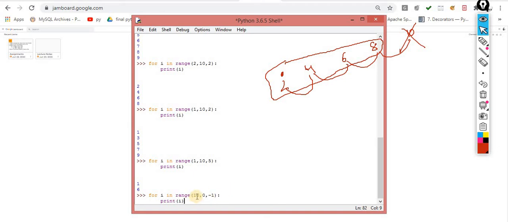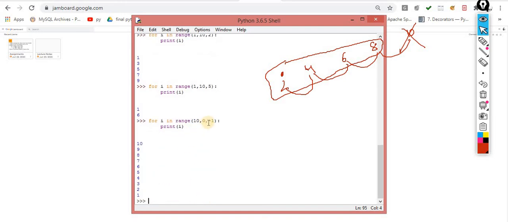I am starting from 10, but in which direction? In the backward direction. Because I start from 10, my end point is 0. That means I am standing on 10, and I have to reach 0. For 0, that always means n minus 1.